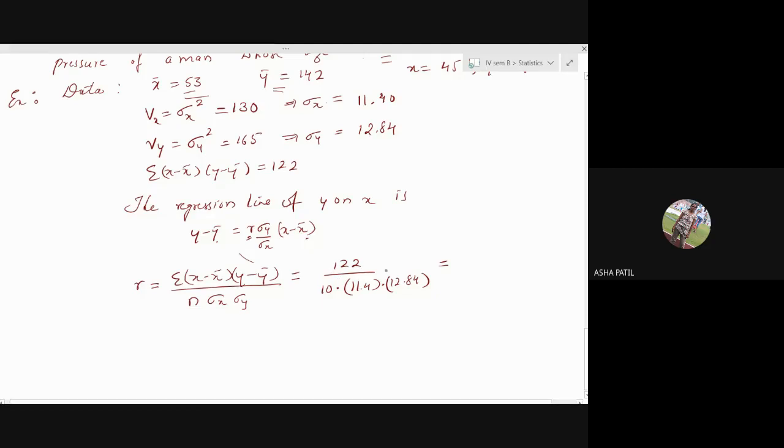Let us finish this example. Can anybody tell me the value of r? 0.0833. 0.08 or is it 8? Or take this as 1220 and tell me how much is the value. If I take 1220, I don't know whether I have written it mistakenly. If it is 1220, 0.8334, ma'am. Okay, make it 1220. The value is 0.83. Shall I write 0.83?